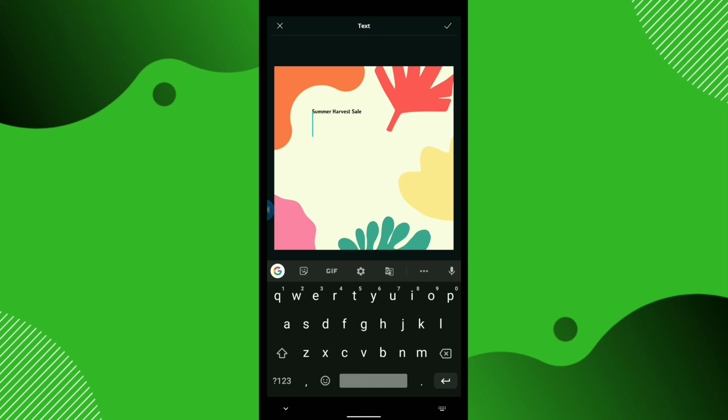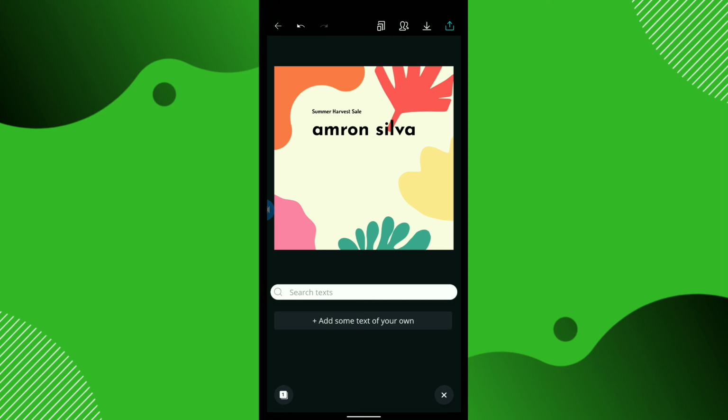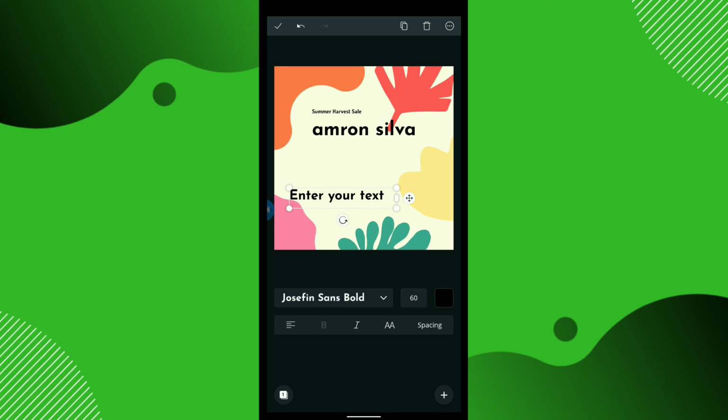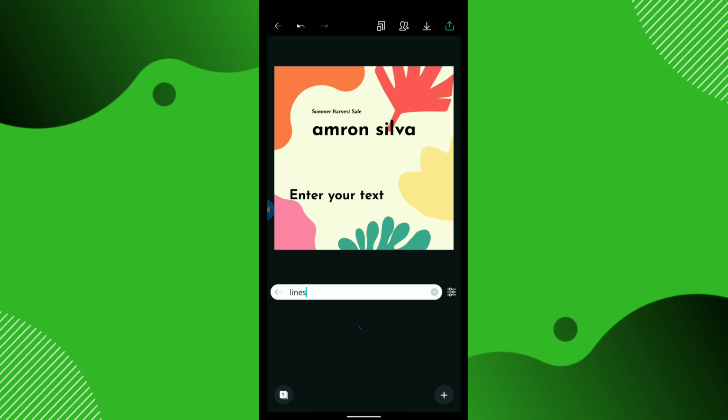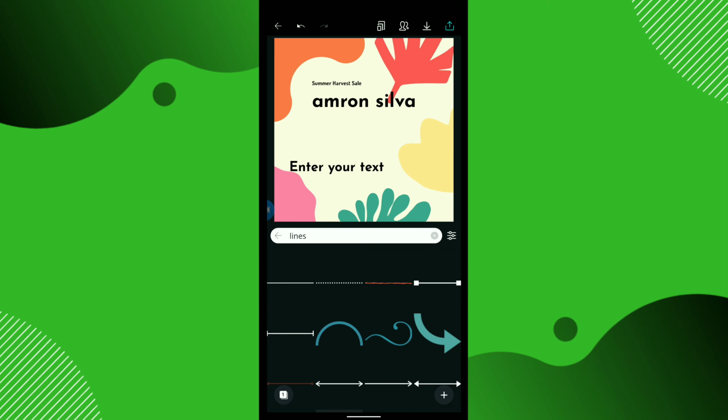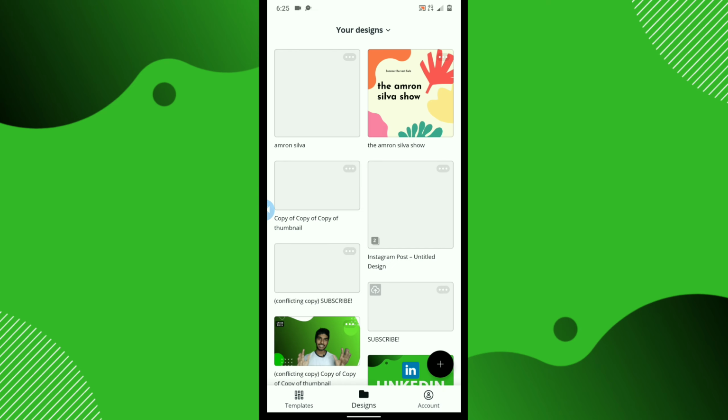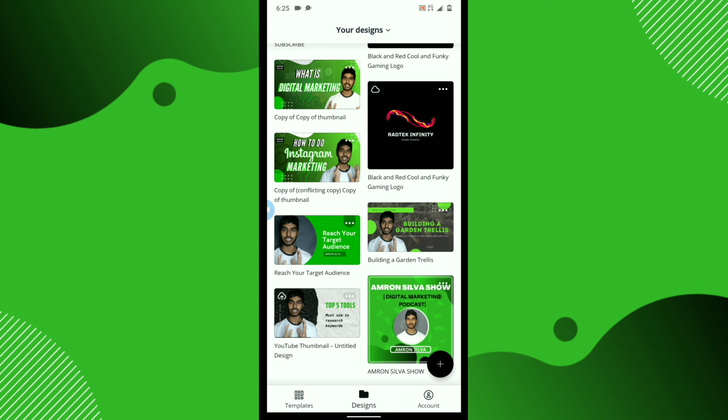If you want more text, you can add that also by clicking here, add text, and there are many designs. Also, there are illustrations which you can use, frames, lines. There's each and every single thing everybody needs. I design my thumbnails here only. This is the only tool I use for each and every single thing.